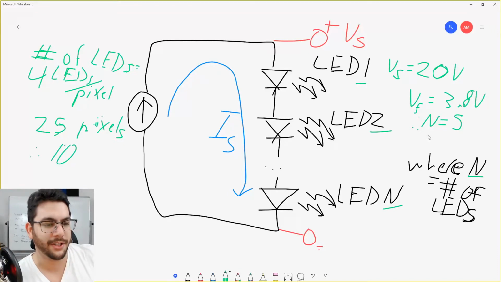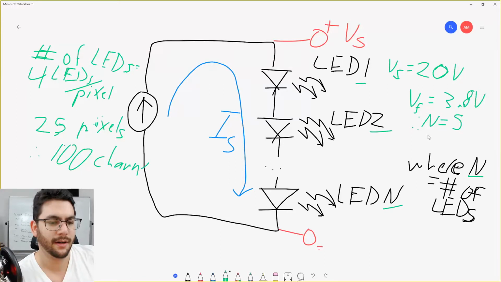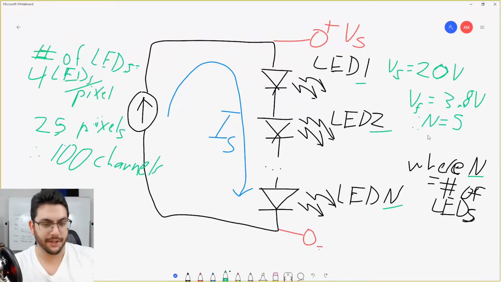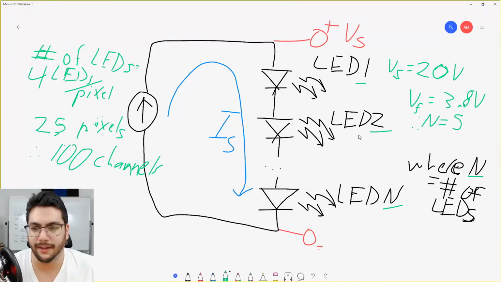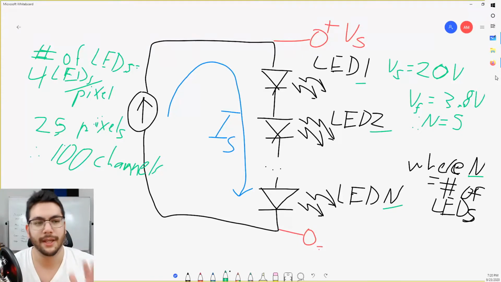Therefore, 100 channels. Well, this is a little better. Okay, 100 channels. I don't have 100 channels. That's a lot of channels, but if I take a look at the worst case scenario, where I want to individually control the RGB and white of each of the 25 pixels,